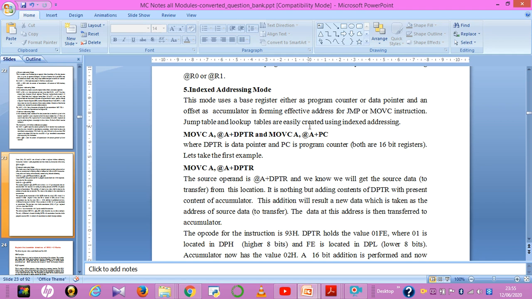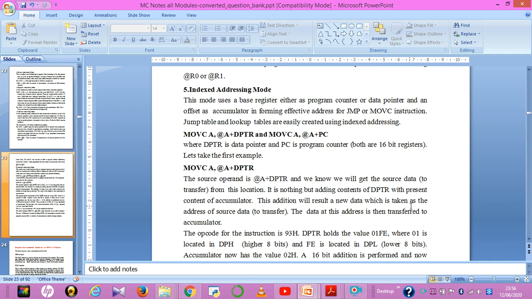For example, MOVC A, @A+DPTR and MOVC A, @A+PC. Here C means code, so it is going to transfer the code into the accumulator from the address A plus DPTR. DPTR is the data pointer and PC the program counter, both are 16-bit, which are going to form the address for the code.